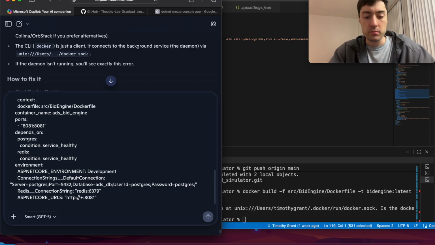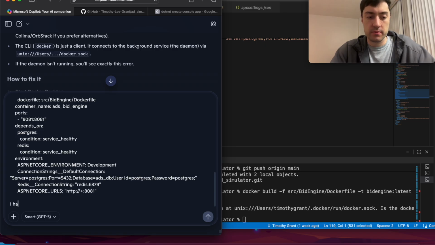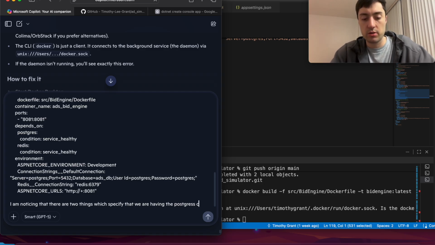I am noticing that there are two things which specify that we are having the Postgres connection and the Redis. So how does my C# actually get